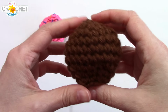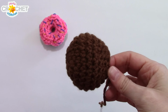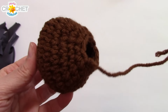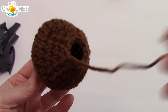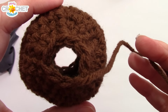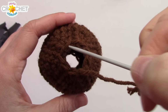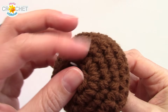Alright, and now we're going to turn this thing into a donut and stuff it as we go. So grab your stuffing and your yarn needle and let's get started. We're going to sew and stuff our donut as we go. So you're going to thread up the tail that you left over on your yarn needle. And it helps if you can look through so that you've got both your circles lined up. Take your needle, drop it right through all the way out the other side,